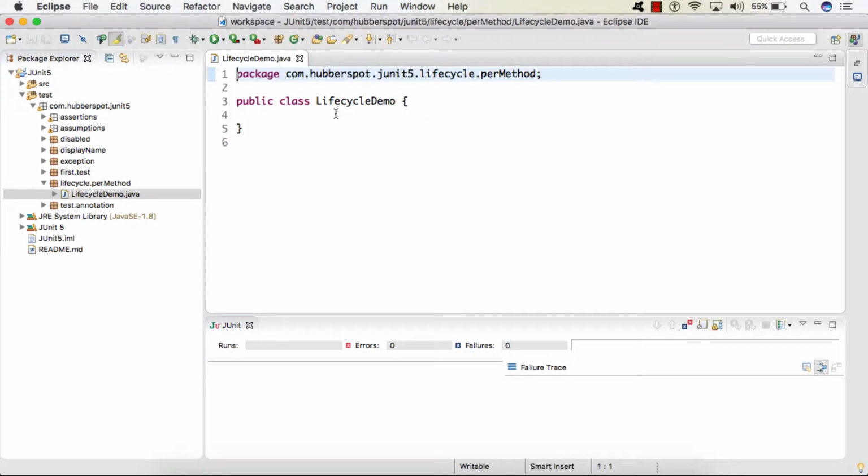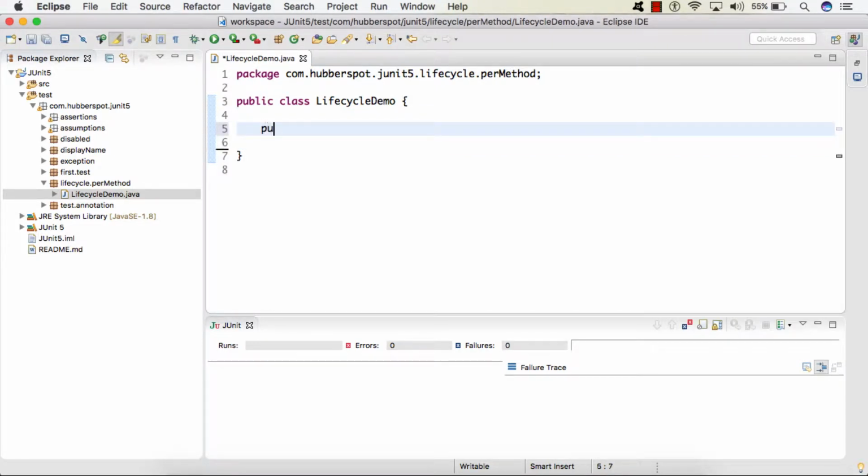So friends, inside this test class, in order to demonstrate how the lifecycle methods are called, we'll simply create a few methods. We will annotate them with @BeforeAll, @AfterAll, @BeforeEach, @AfterEach, and we'll create a few test methods along with a constructor, and we'll see how and when those methods are called. So here,